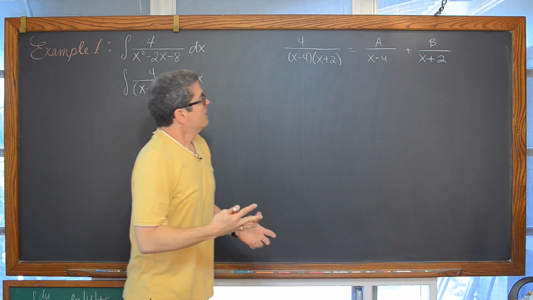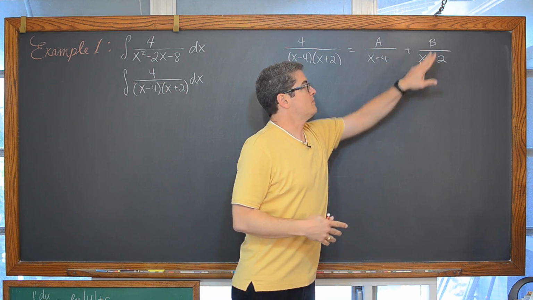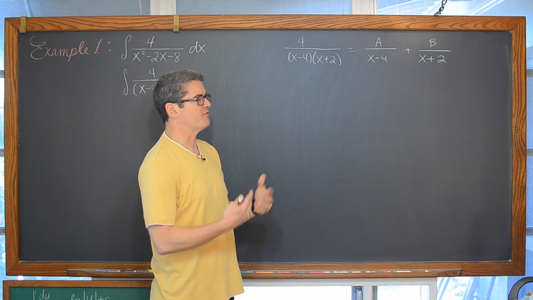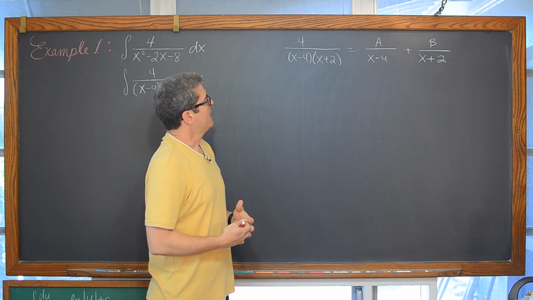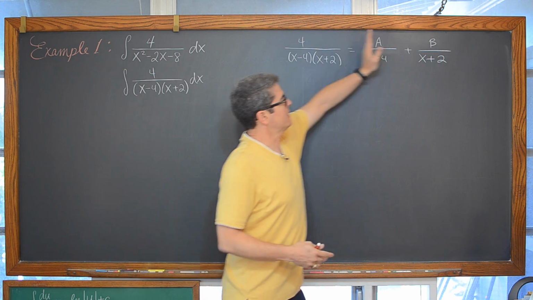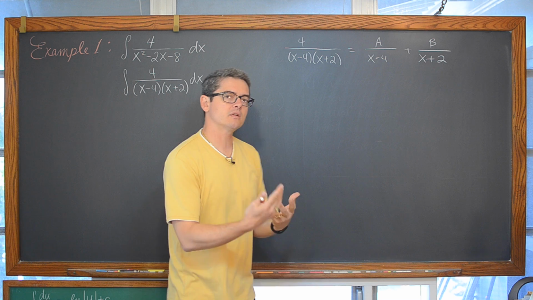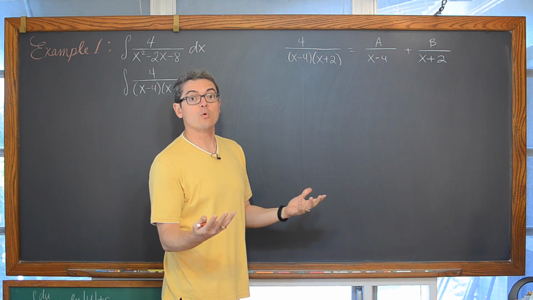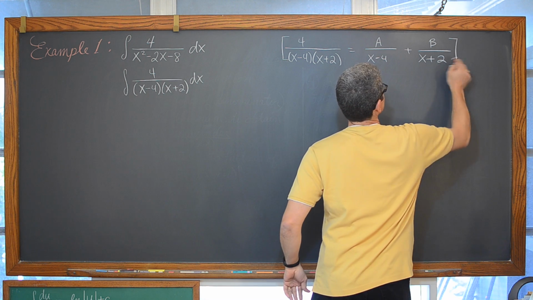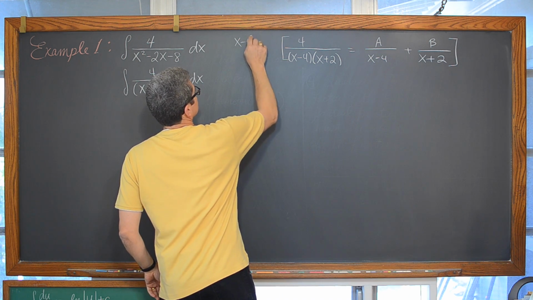Great. I want to take this fraction and pull it apart and make it the sum of two fractions. I need the two sides of this equation to be equal to each other. I'm effectively setting up an identity. And what I want to do here to continue the process is multiply both sides of the equation by something that's going to get rid of these fractions and get another equation without fractions in it. So we're going to multiply both sides of the equation by x minus 4